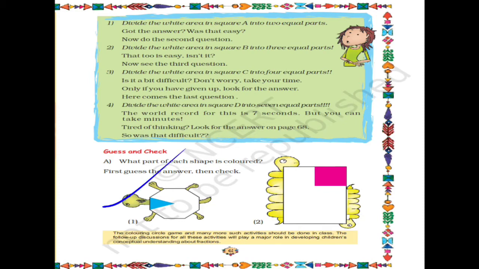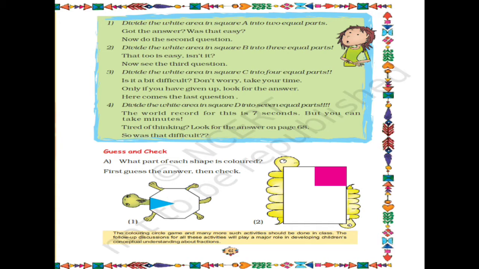It is an octagon. So tell me, by looking at the figure, how many parts are colored. By looking at the picture we can say that 1/8 part is colored. So let's check. See, it is an octagon, so it will have a total of 8 parts. If you draw it in this way using a pencil, you will come to know that there are a total of 8 equal parts. From 8 equal parts, only one part is colored. So what will you write? You will write that by looking at the figure, we can say that 1/8 part is colored.